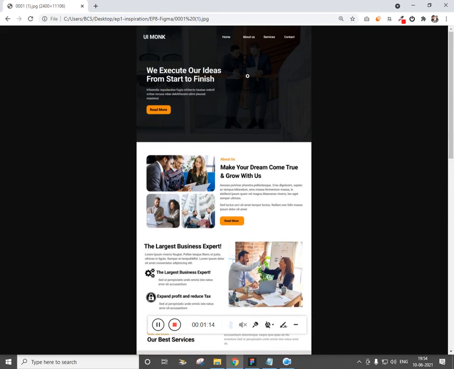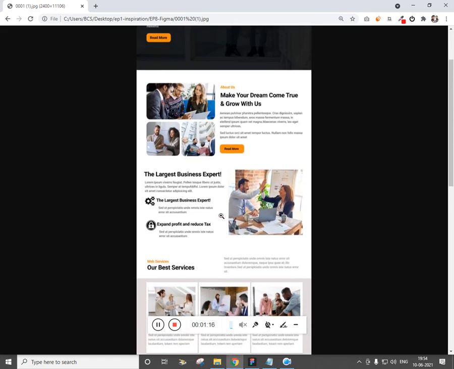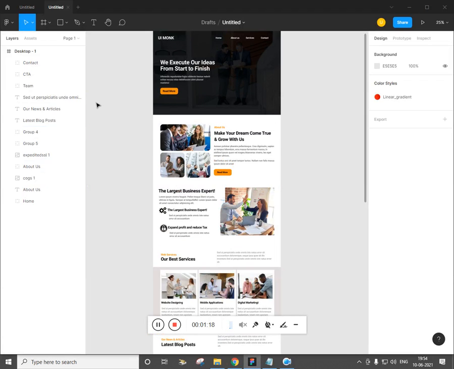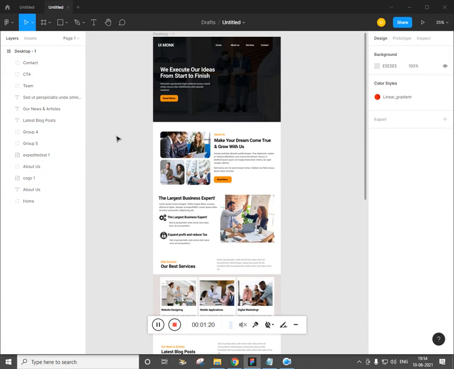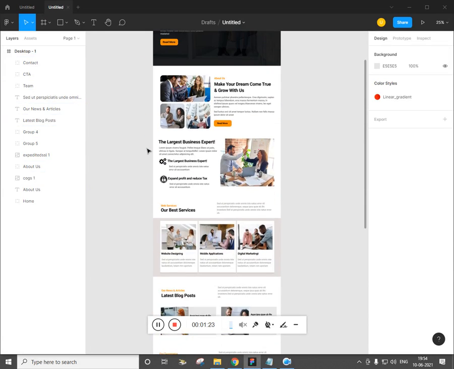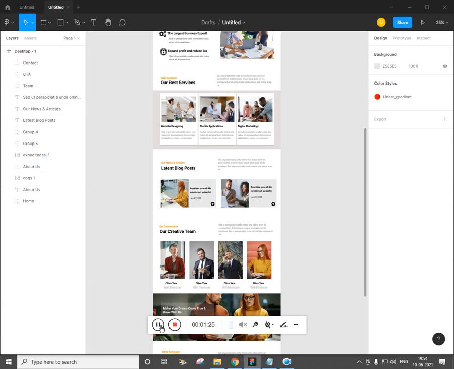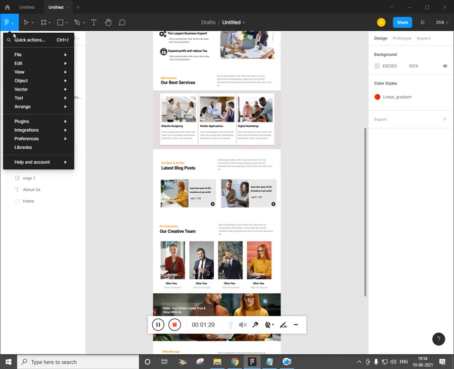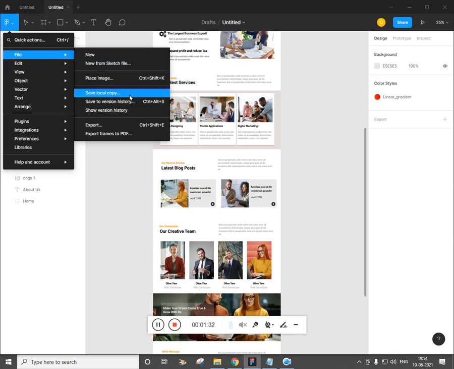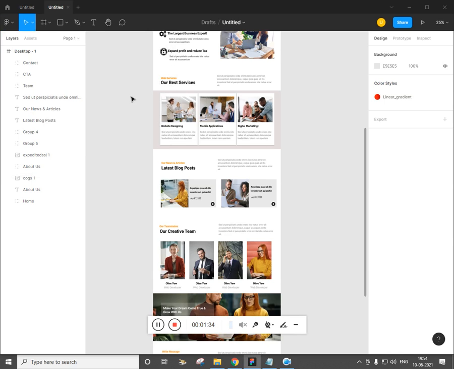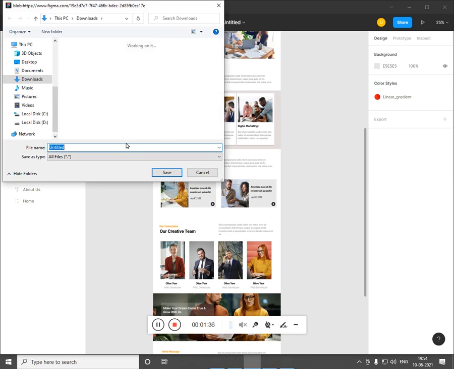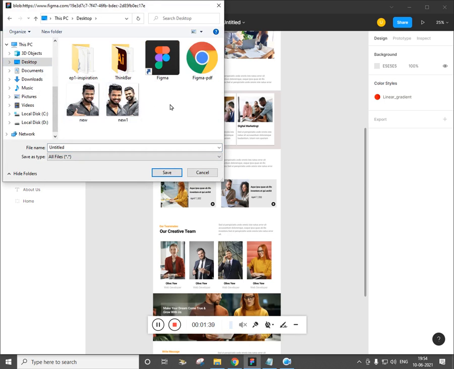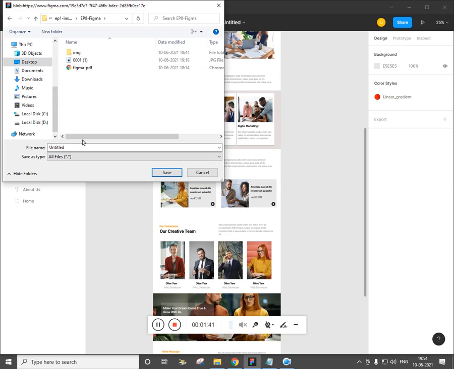To follow along, I'll leave all the images in the description so that you can start with me along with the working Figma file. So this is a Figma file which I have created. Let me export it. If you click here, File, Save local copy, and I'll leave this link in the description. This is going to be episode number 8, so we'll save it as Figma raw file.